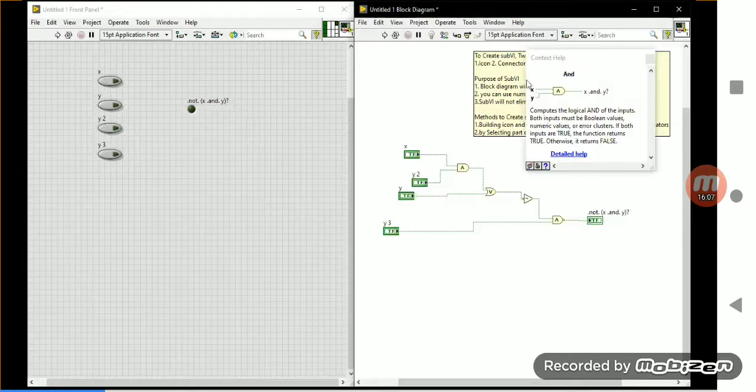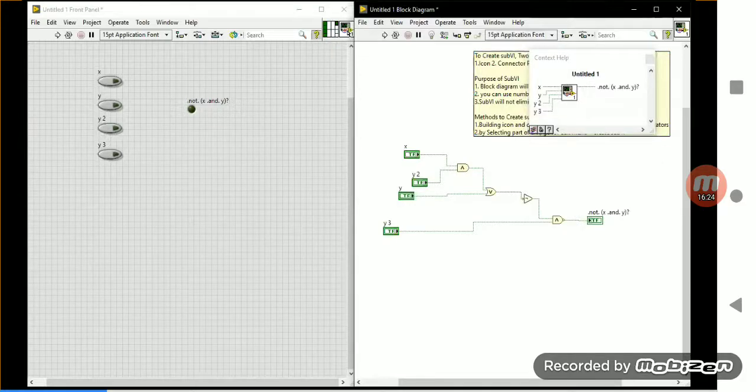In this place, how many required terminals are there in that AND gate function? In the AND gate function, you have two required terminals. Now see our sub-VI, how many required terminals are there in our function? We don't have a required terminal. Required terminal, I'm asking. Understand the question once again, then come with your answers. The answer will be 0. There is no required terminal over there.